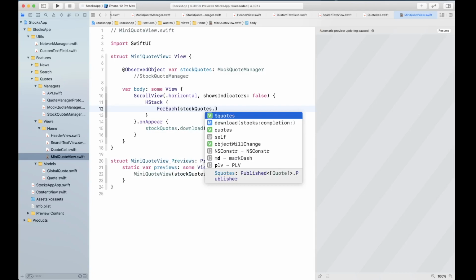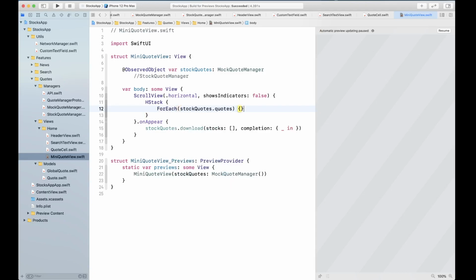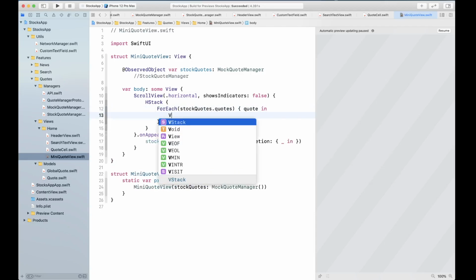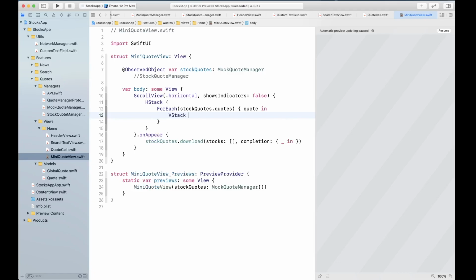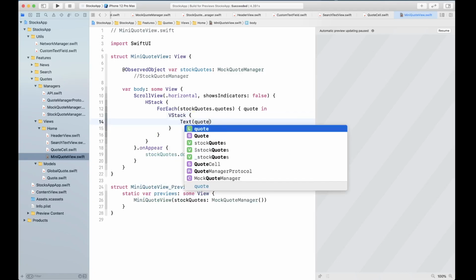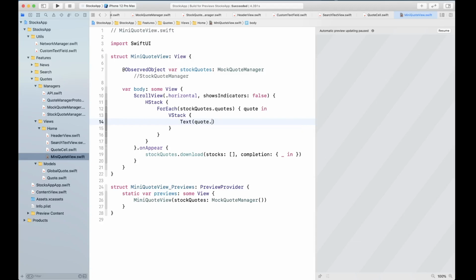Now we're gonna create an HStack for each stock quote dot quotes. Okay, and we get individual quote access here. So we're gonna say quote in VStack. We're gonna display our text, quote dot symbol.